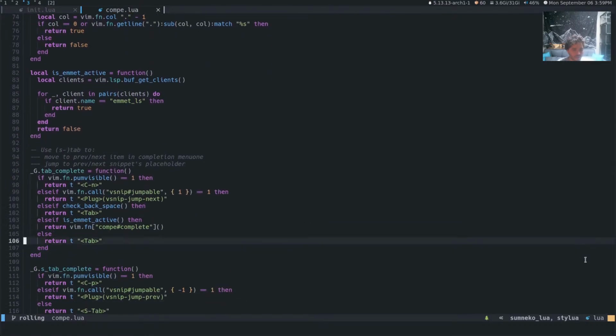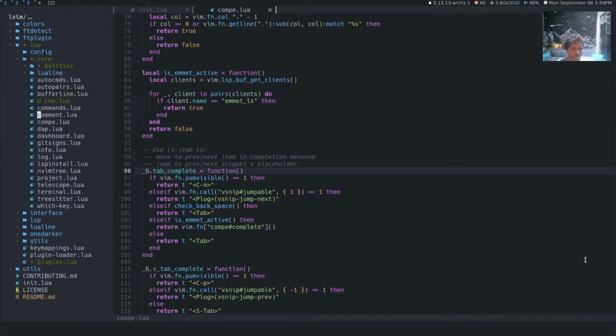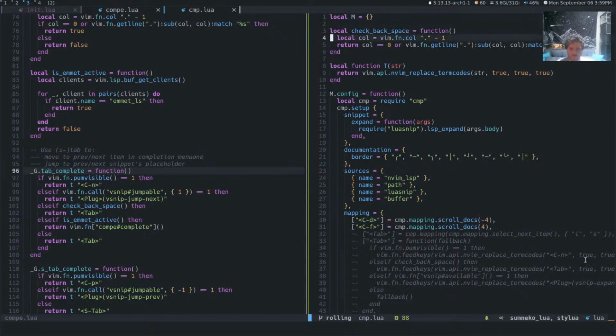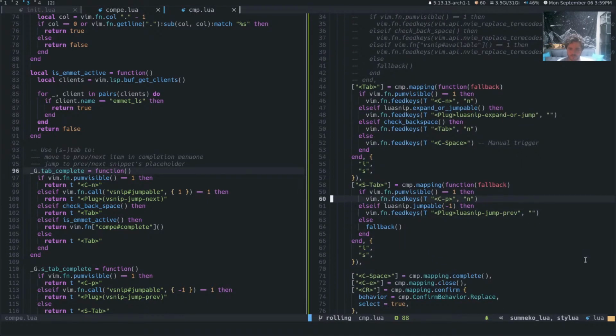Okay, so tab does this. This is how I used to do tab. So let's do, and let's see how we're doing tab here. What the hell is feed keys? Why do I want feed keys, by the way?